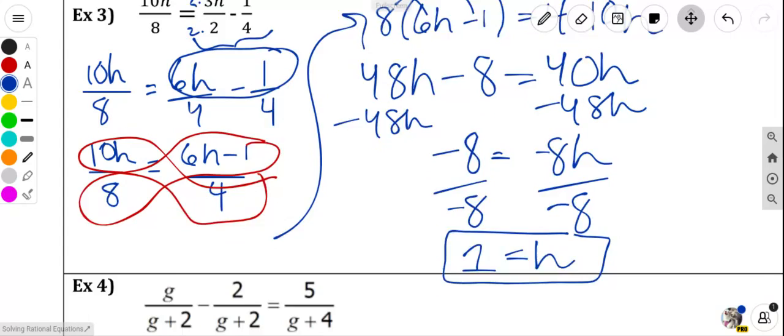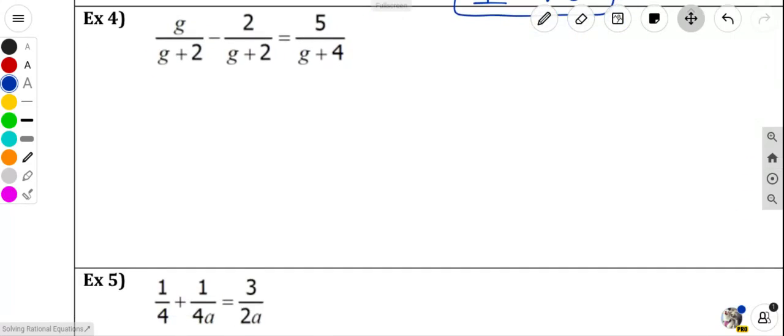Okay, next, number 4. 4, 5, and 6 are going to end up being quadratics. So remember with those, once you cross multiply, you bring everything to one side if you get a quadratic and you factor. So I wanted to give you one like number 4 where the two fractions on the left side already have a common denominator. So we don't have to do anything to get these to be the same because they already are the same. So what we're going to do is go straight to combining the top, which those are not like terms,